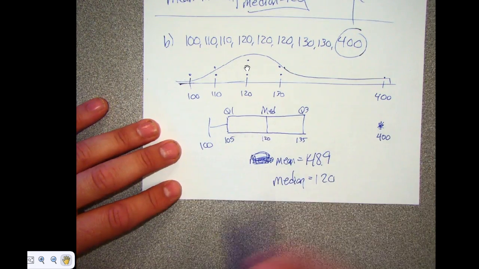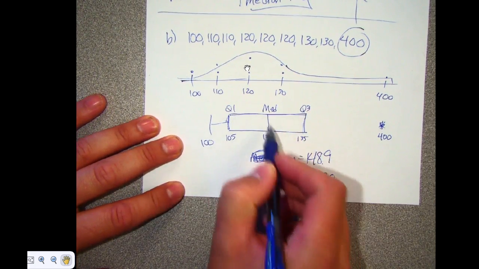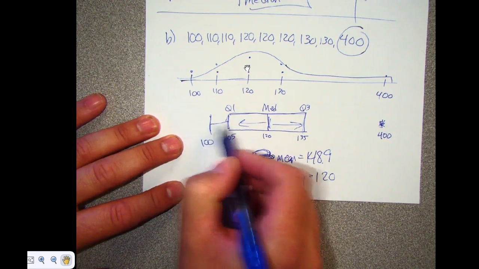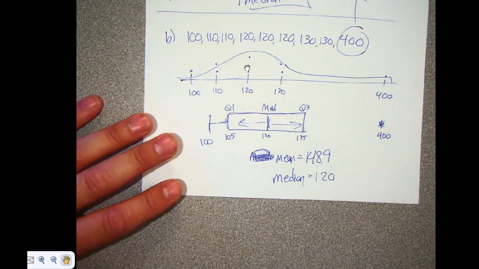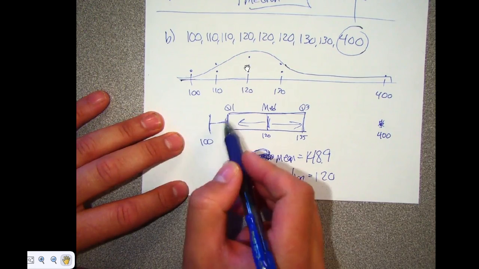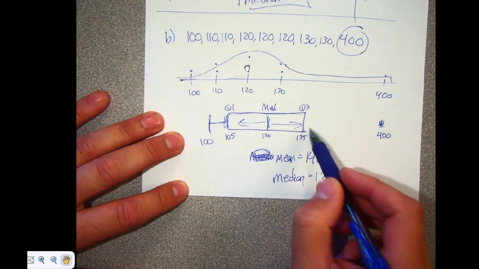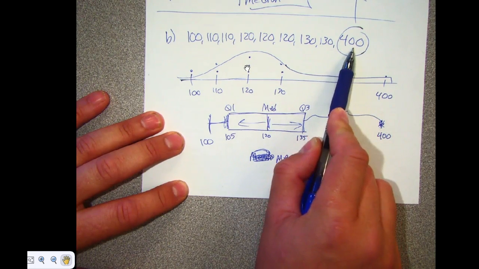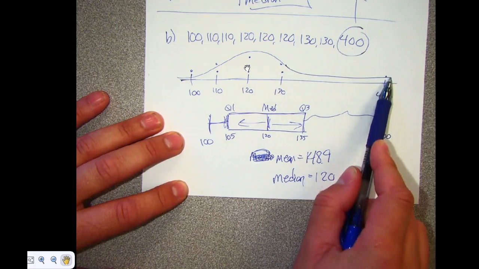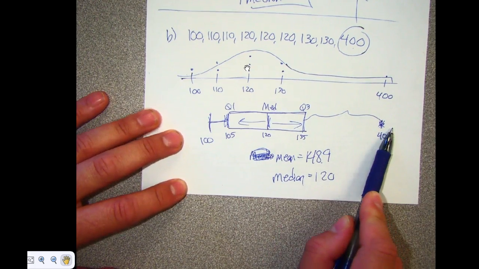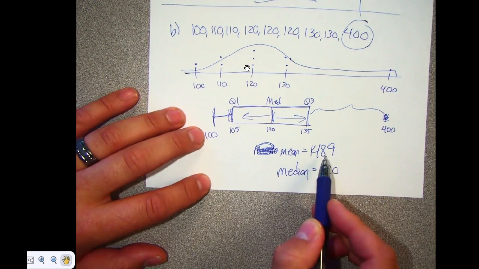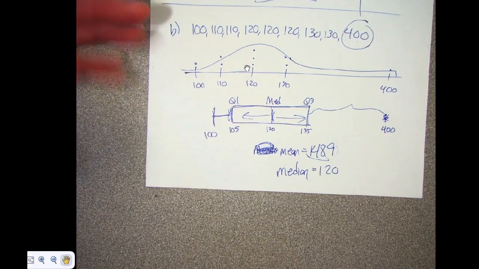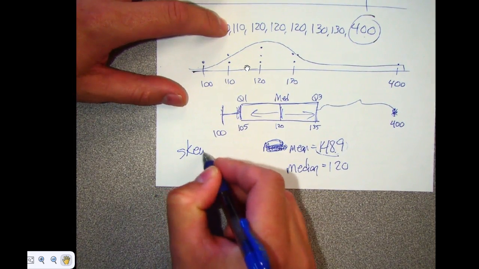On the box and whisker plot, the box part is still the same. This is right in the middle, so this distance and this distance are the same. But where is there more of a gap? On the left or on the right? Where's there more of a gap between the box and the next point? There's a way bigger gap on the right, isn't there? So I've moved a data point to the right, the graph gets pulled to the right, the box and whisker has a bigger gap on the right, and did the mean go to the right or to the left? The mean also went to the right. So this is skewed right. This is a skewed right graph,